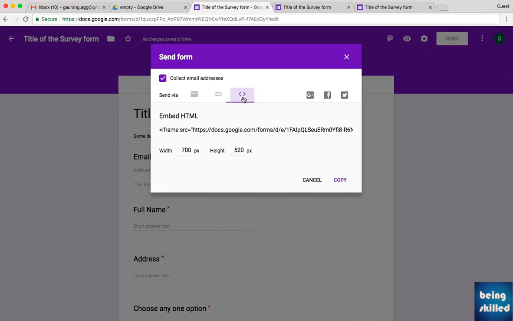There's another option which is embed. In case you have a website or a blog and you want to embed this particular form on your website or your blog, then you can do that by just copy pasting this inside your blog post on the website, and it will be shown there, which is nice because then your visitors will be able to see this form and submit their responses,